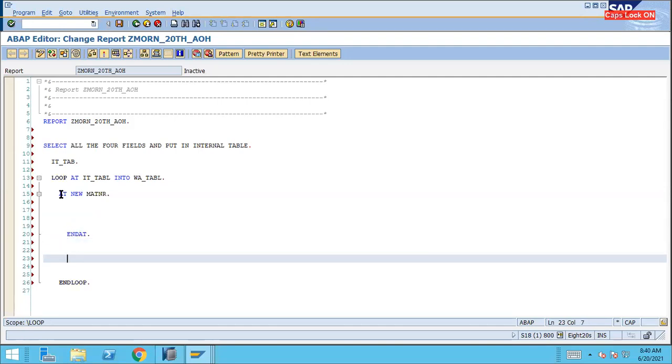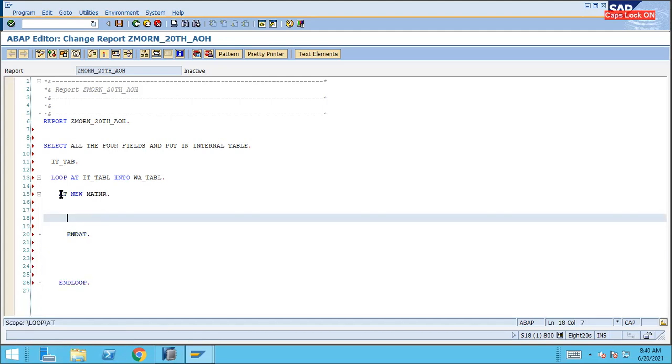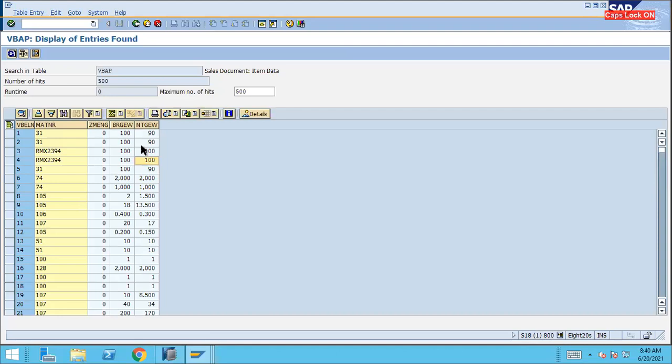And then we used to do the SUM command, or here we used to keep a temporary variable, for example, lv_sum equal to lv_sum plus that particular field, right? That particular field whatever we have.